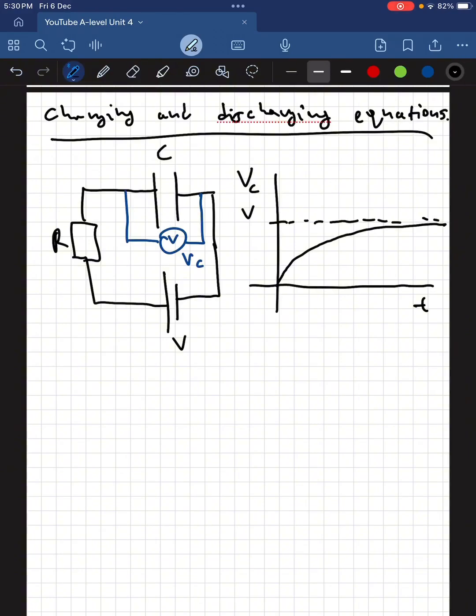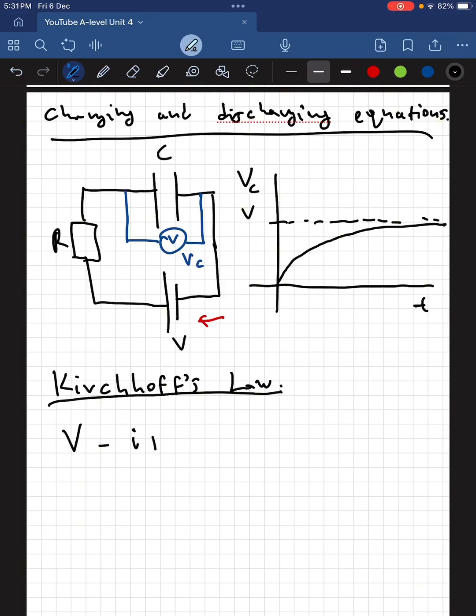So let's use Kirchhoff's laws, and you learn those at the AS level. So let me make sure I'm not misspelling Mr. Kirchhoff's name. So Kirchhoff's law of potential differences pretty much. As we walk around the circuit, if we start here, we have to find that the sum of all potential drops is equal to whatever the potential difference across the elements is. So we have V, which is the potential drop of the battery, minus I times R, which is the potential difference across the resistor,